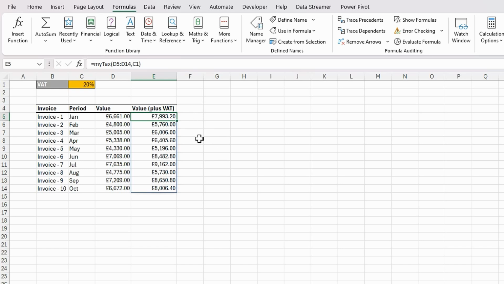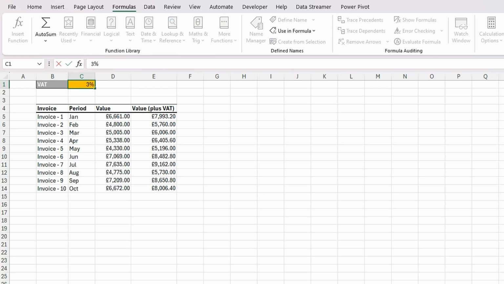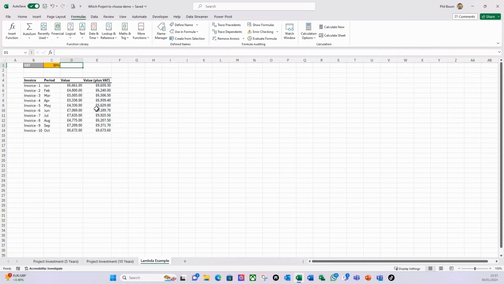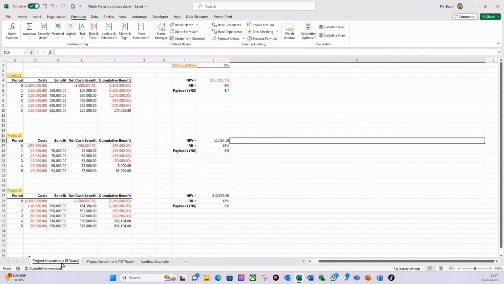So let's try and take that now and do a more complex version. And obviously this is dynamic, so if I change this to 30%, like so, it changes and picks it up. So that's great. That shows you a simple way, or a simple demo. If we go back to our project selection template that we did within the capital budgeting